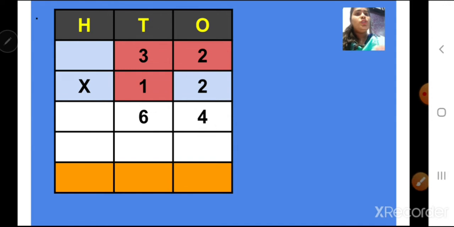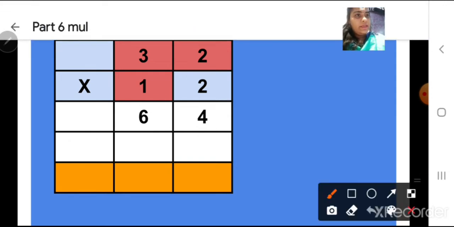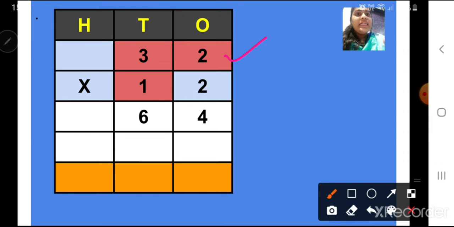Now for the next step, step 2. Step 2 is to multiply the multiplicand by the digit in the tens place of the multiplier. Correct? So now we have to multiply this number 1 to the multiplicand. Now children, you can see that number 1 is in tens place. Correct? Okay, so before we start multiplying we have to put a 0 here at the ones place, because number 10 we have 1 0. Correct, and we are multiplying the number at tens place.